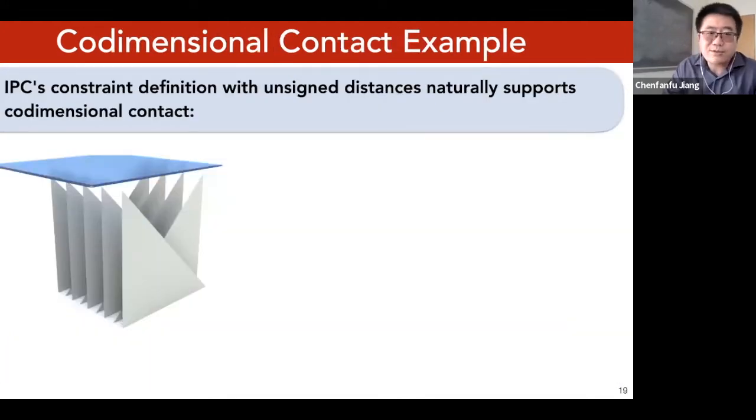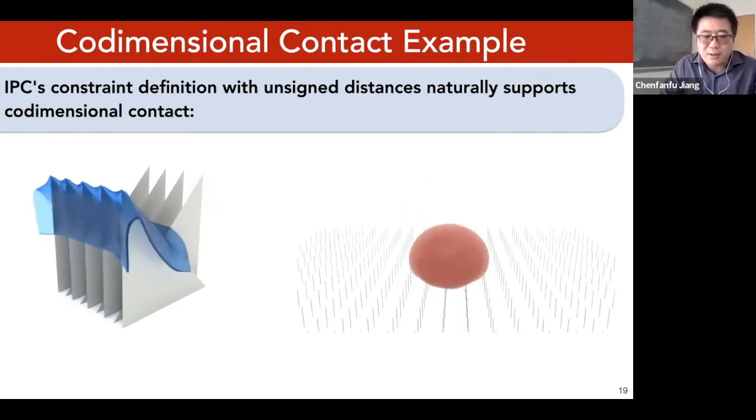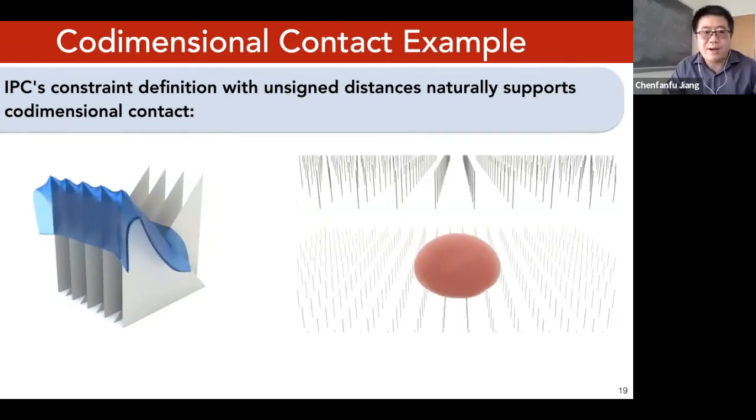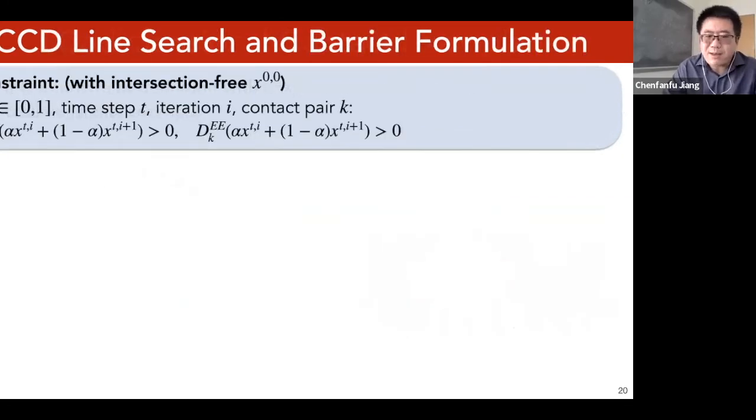So, in this constraint definition, since it's based on unsigned distance, we can generalize it onto codimensional objects like sharp, thin plates, or even needles, for which it is impossible to define signed distances or signed volumes. Now, getting back to the constraint definition,